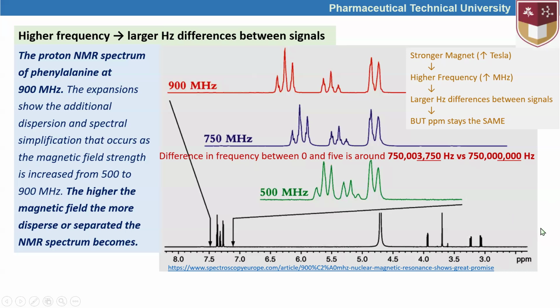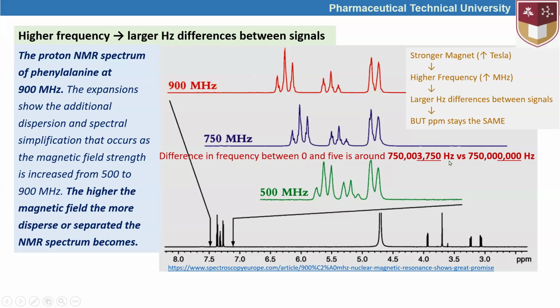Let's say that point is taken as the 0 point. Compared to the 0 point, the radio frequency of a compound that has a signal at 5 means that at 5, that frequency is 750 million